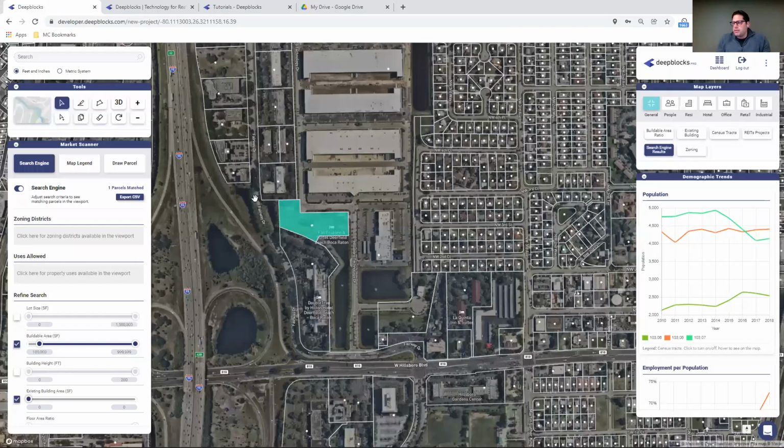So you're able to do this not only within your own city, but you're able to do this at scale. Now, Deepblocks currently gives you a national subscription, which, as I mentioned, is $36,000 and gives you access to all 100 cities. We are in the process of segmenting the software so you can pay by city, which will be $5,400. We actually do have that option available at the moment.